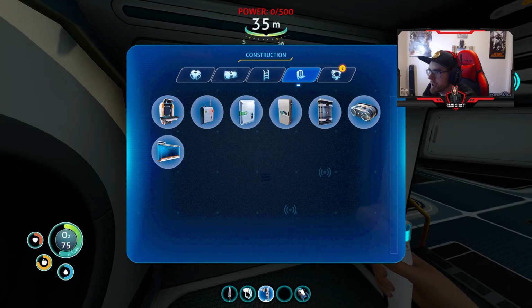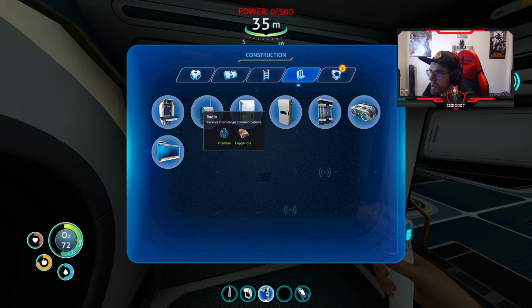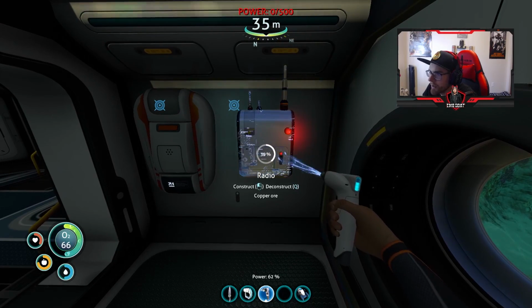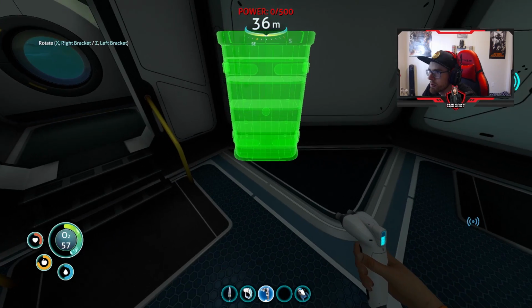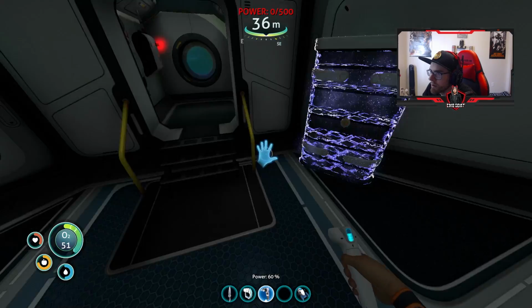Probably put a radio right here. Don't really have anything else we can... actually, we can build the radio. This way we just don't have to go back to our life pod for the radio. Gonna want a medkit fabricator, battery charger. Let's get some storage set up. As soon as we get this set up, we'll go and we'll...